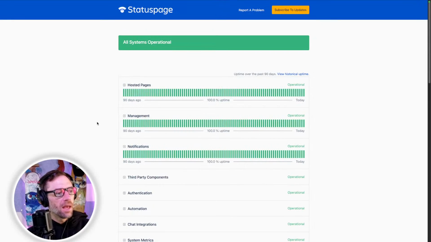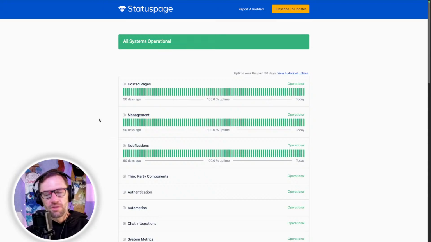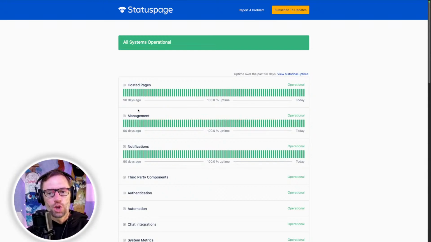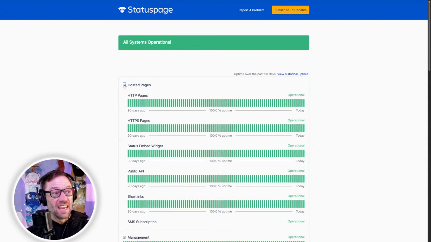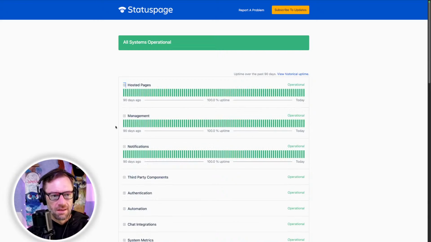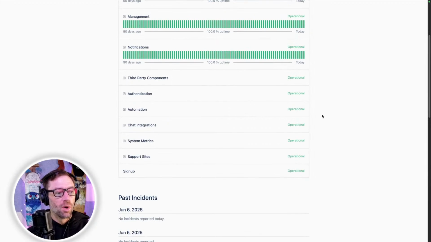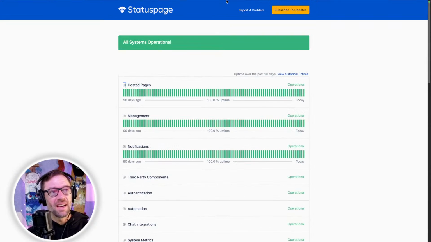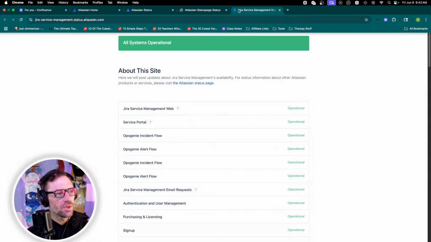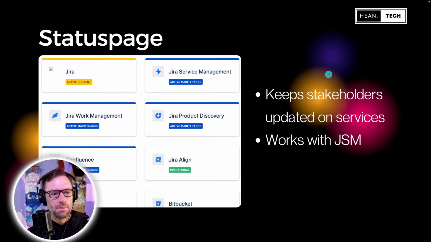It does. So this can be set up to show different information, but the point here is someone can go and look and just sanity check, like, is this thing working? And if it says no, it's not operational, I know, okay, there's something wrong. Or if it says it is operational and I have a problem, I can then go report one. So status page is a way to keep people informed. And it, again, ties into Jira Service Management. It's part of that collection of things because it's helping serve customers and make sure they know what's going on.